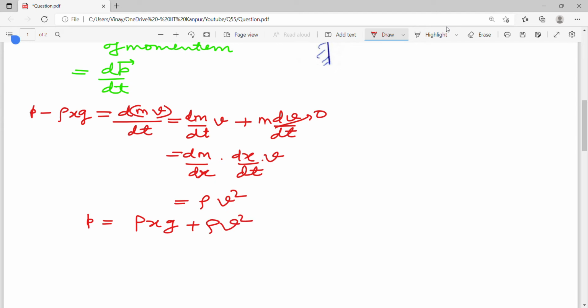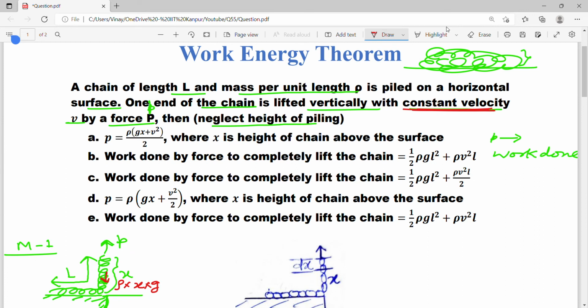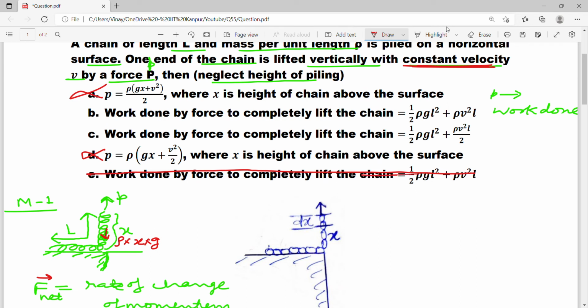Tell me one thing, let's go back to the options. Do you match rho gx plus v square? No, this option is incorrect, this option is incorrect as well. By the way, in your examination, what you do is like this: if you are 100% sure that an option is wrong, just cut it right there, then you will see clearly which other options can be correct, okay? By the way, only 4 options are there, I might have copy pasted it again, so this is not incorrect, rather repeated, I wrote the option again,